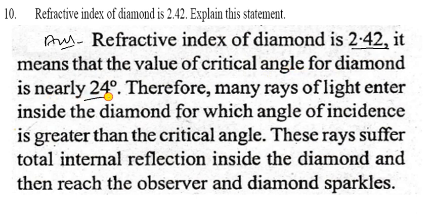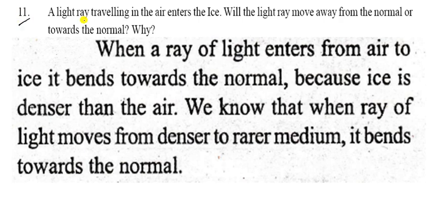The second is the partially dipped rod in the water appears bent. As seen in the figure, CAB is a straight rod and part AB of it is dipped in the water, and when seen from outside it appears as A dash B. So clearly A dash B and BC are different straight lines. So you can see in the figure, it seems to be bending. Therefore the rod dipped in the water appears to be bent.